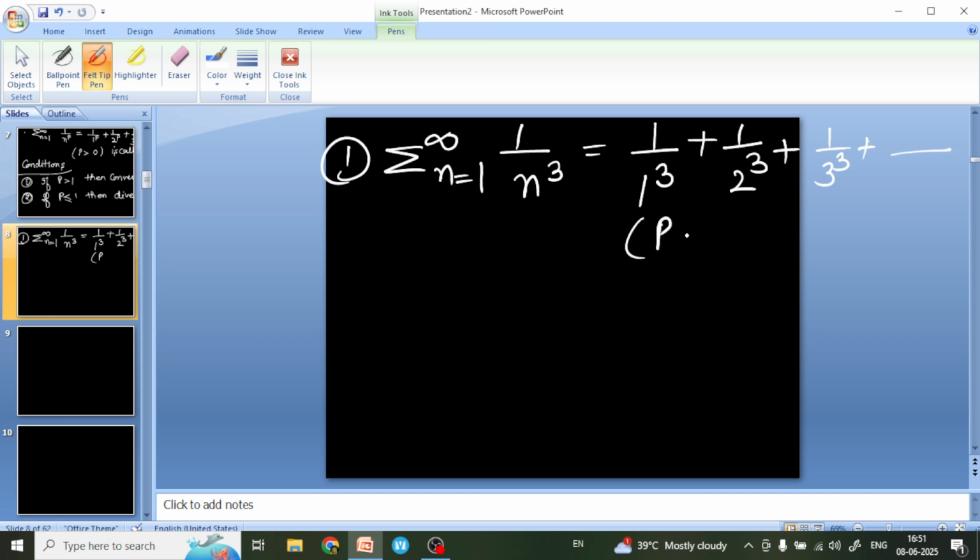Here you can see p is greater than 1, so it is a